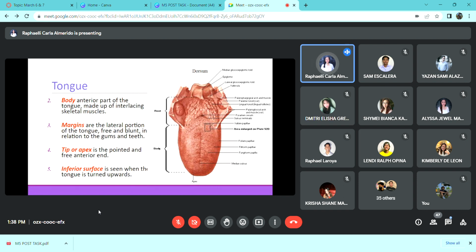So when the patient complains that he or she experiences difficulty controlling the tongue with the new denture, you just have to inform the patient that he will get used to it eventually. Okay,